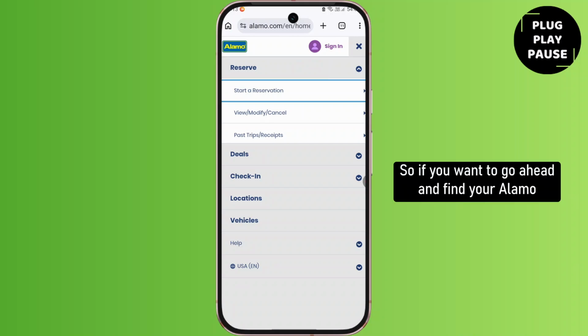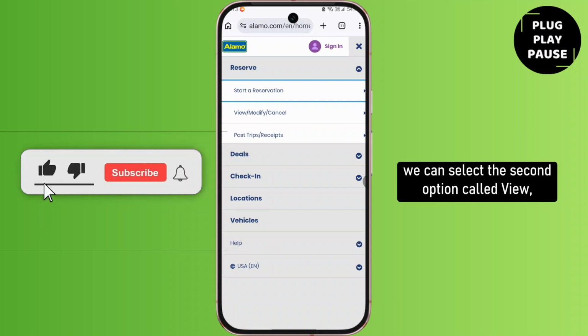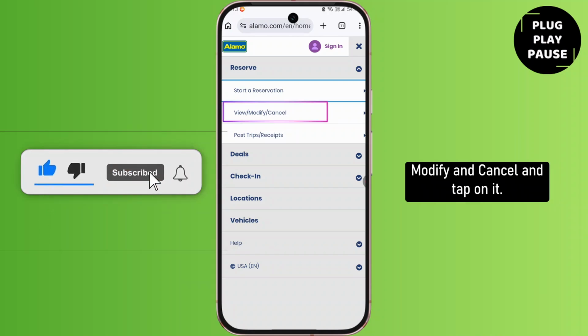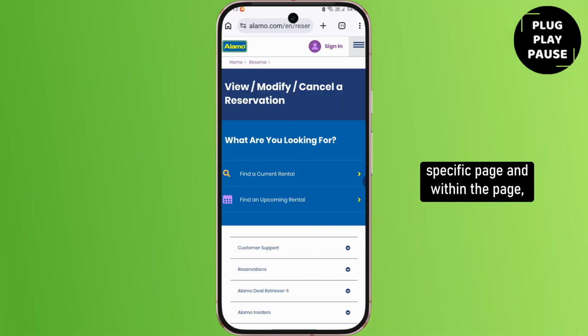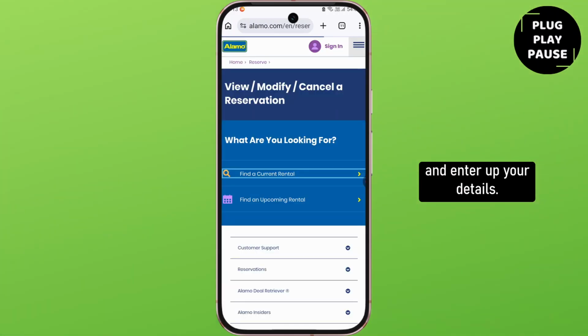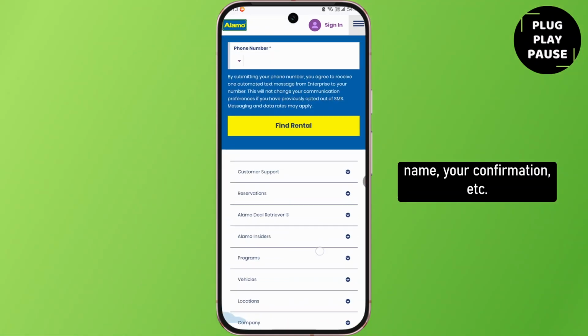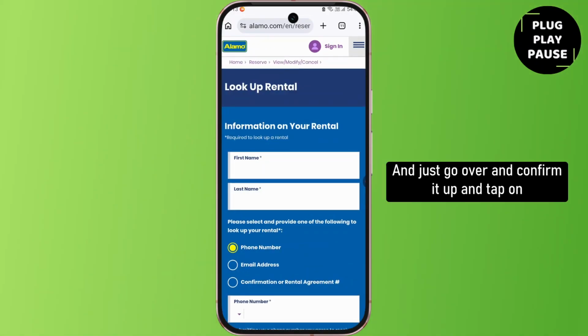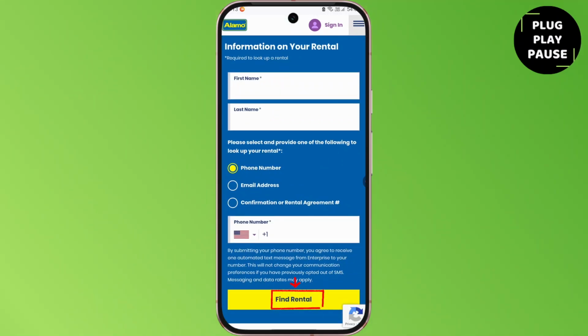So if you want to go ahead and find your Alamo reservation with a confirmation number, we can select the second option called view, modify and cancel and tap on it. After that, head over to that specific page, and within the page we can find our current rental by entering our confirmation details. For that, tap on the search and enter your details: your first name, last name, your confirmation number, etc., and just go over and confirm it and tap on find rental or reservation, and your